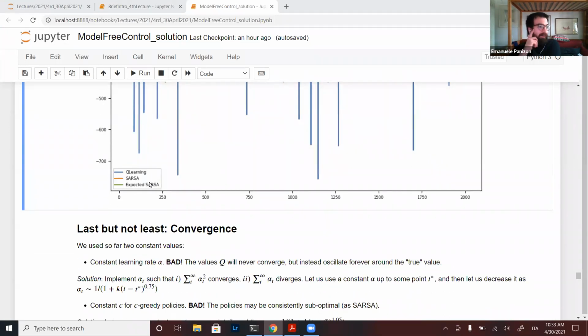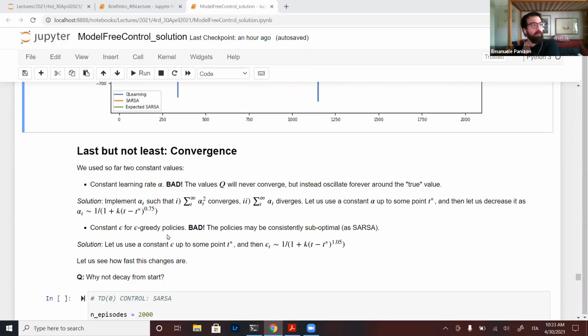Okay, last thing I want to deal with, a very basic thing. You can read it in two ways: either I was lazy in preparing the lecture, or I wanted to give you many exercises to do at home. I want to briefly touch on the problem of convergence. So far, we used two constant values.